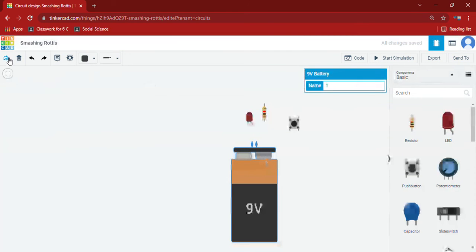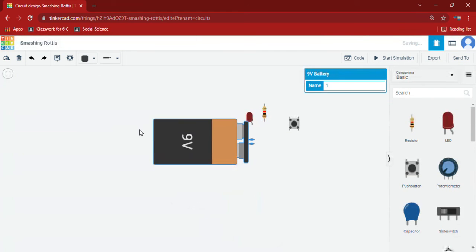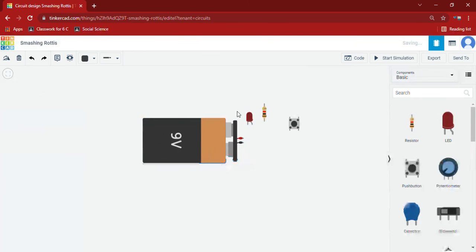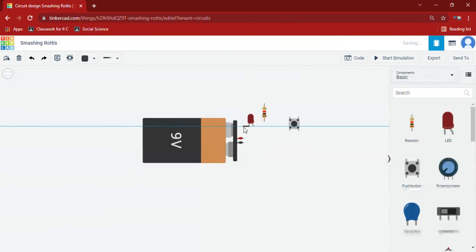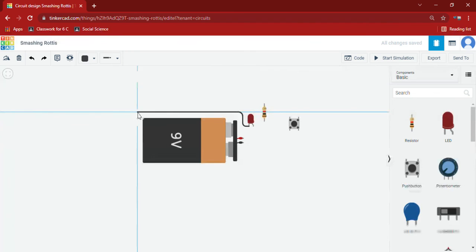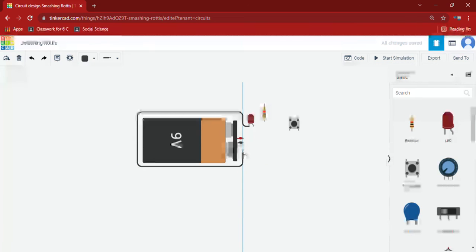Now we will change the direction of our battery, and now I will keep the LED here. You can even change the shape of the wire. And now I am connecting it to negative.